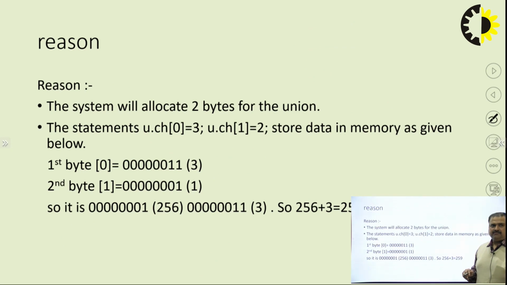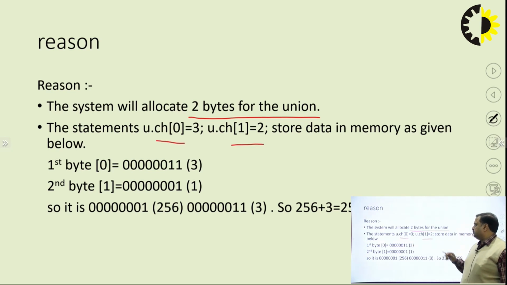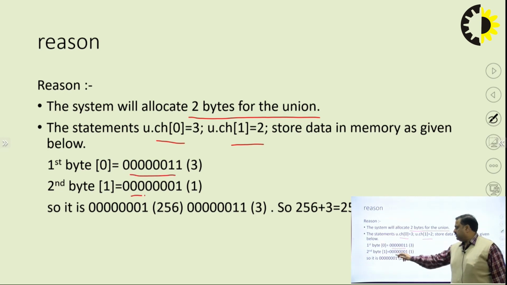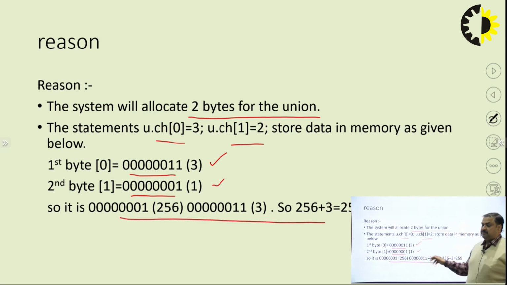So let's understand why this 259 is coming, because the system will allocate 2 bytes for the union. Here integer is of size 2 bytes. So the statements u.ch[0] = 3 and u.ch[1] = 1 will store data in the memory. The first byte will become this, the second byte will become this: this is the value for 3 and this is the value for 1. This will be the combined value, and if we combine it, then it becomes 259,